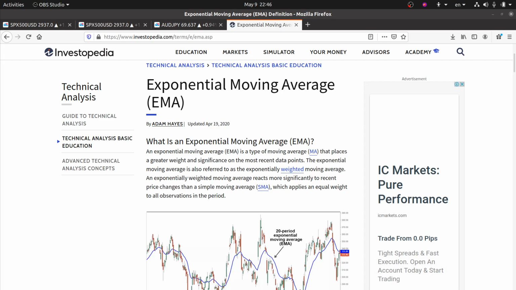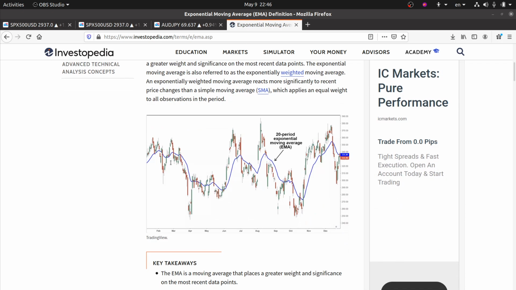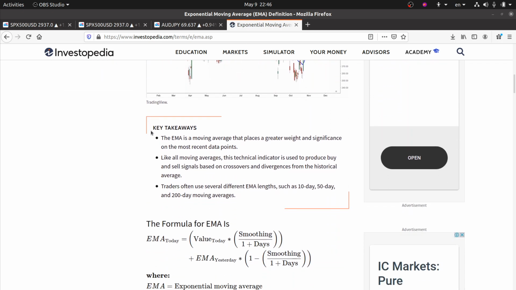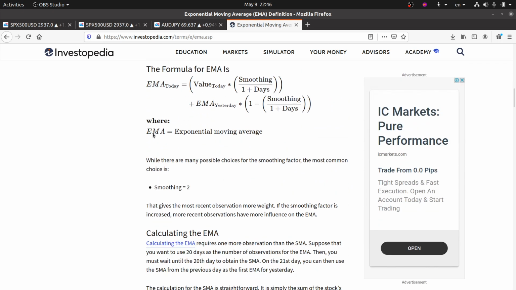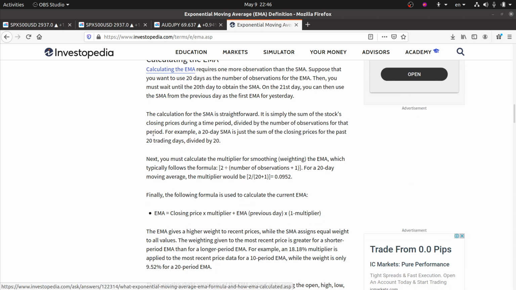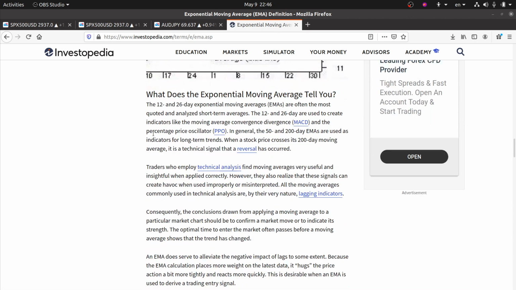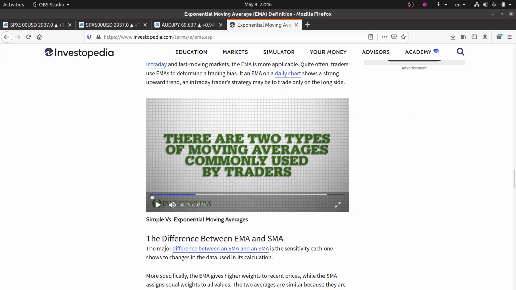Hey guys, today I'm going to talk about the exponential moving average. There is a really good page on Investopedia which describes more about this. I recommend having a read of this document, which has the formulas and how to calculate it, and it also has a really good video just below. I recommend watching this video as well because it explains the difference between the simple and the exponential moving